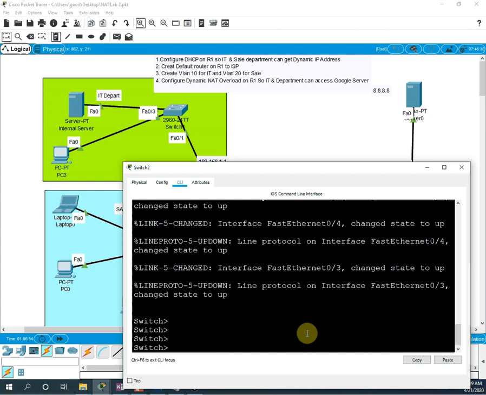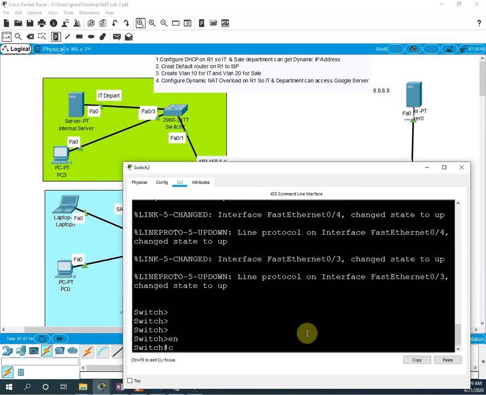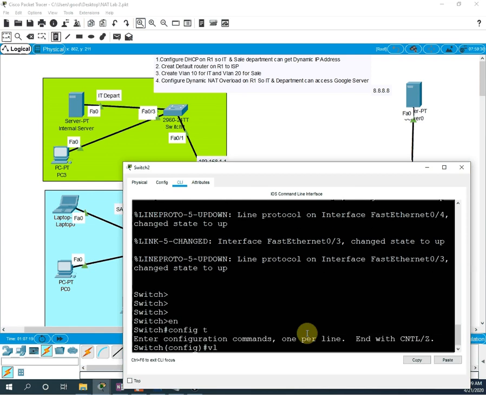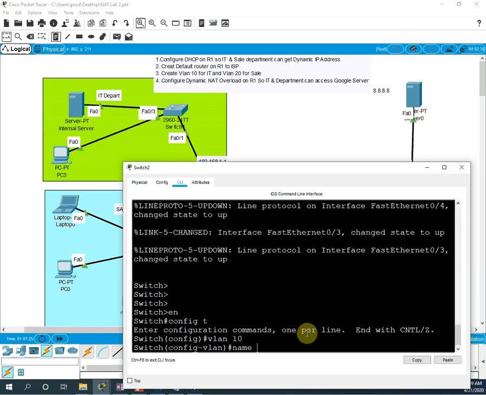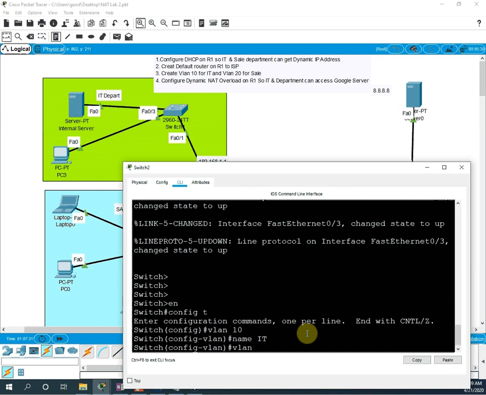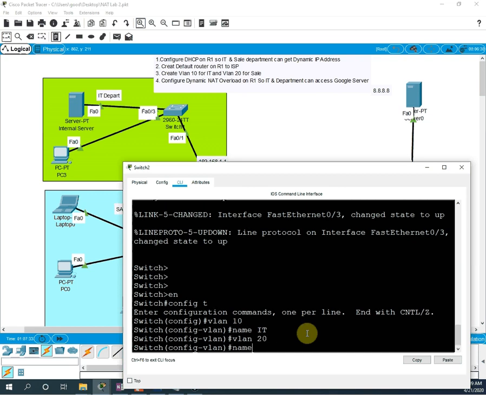You remember or forget? If you remember, pause the video and write in the comments what command to use. I already showed you before, maybe 5 or 10 minutes before when we started the video. I already wrote here how we can write that one. So if you have it, pause the video and write in the comments. So let me write. We will go into global configuration mode. Then we will create VLAN 10, right? They gave VLAN 10 and we will give the name IT. VLAN 10 for IT. Same thing we will do VLAN 20 for sales. So write name sales.